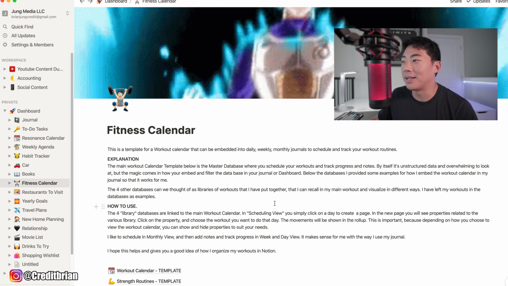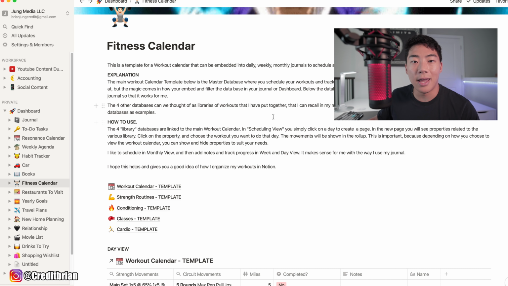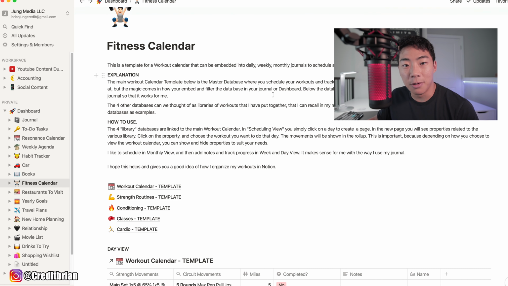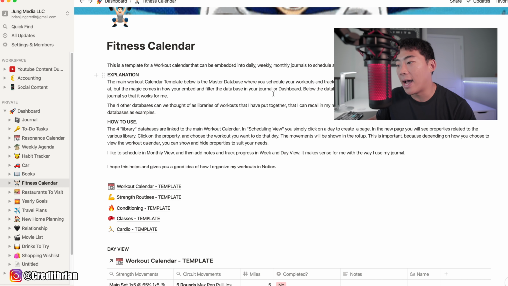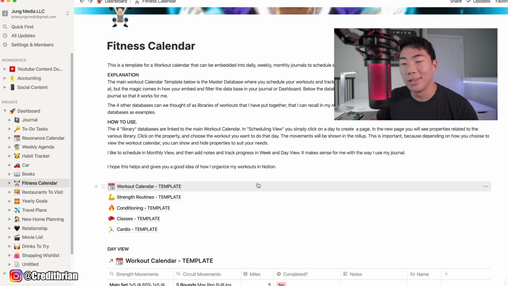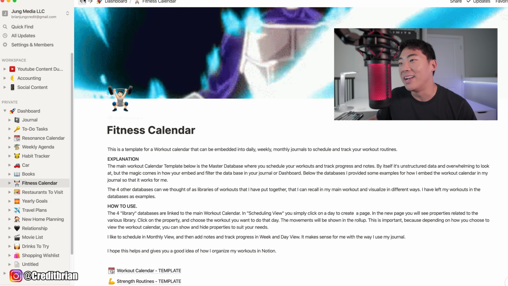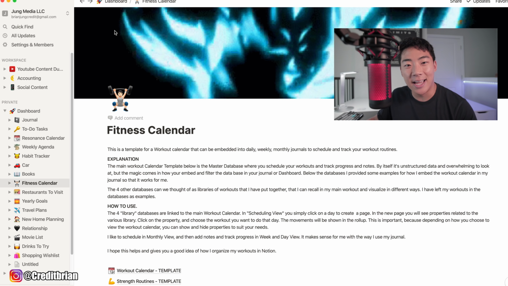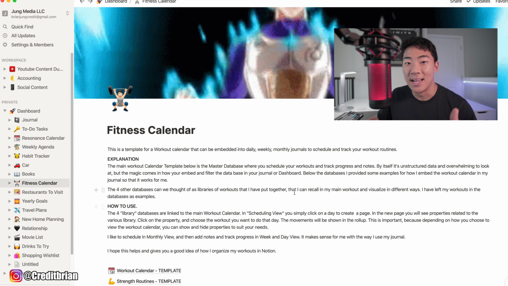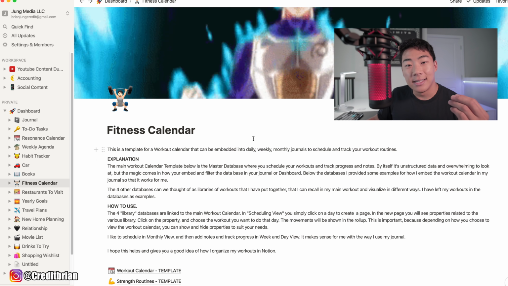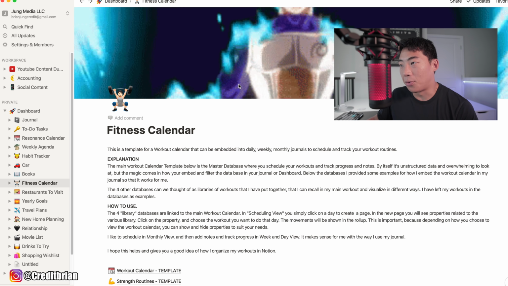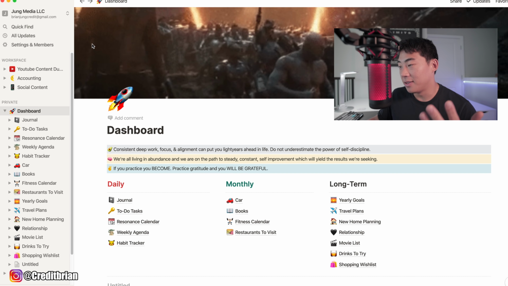So going back into my dashboard, we got my fitness calendar. You guys know I'm all about the game. So what I've been trying to do is just take a better idea on some of the workouts that I've been doing. Every weekend I play rugby with some of the buddies that I have. On top of that, I've been going to the gym about 3 to 5 times a week, and I've been implementing that in my schedule. But most importantly, I've been getting my diet back on track. And as important as being active and getting fit is, diet is so important. So this is my fitness calendar, and that's how I run that.